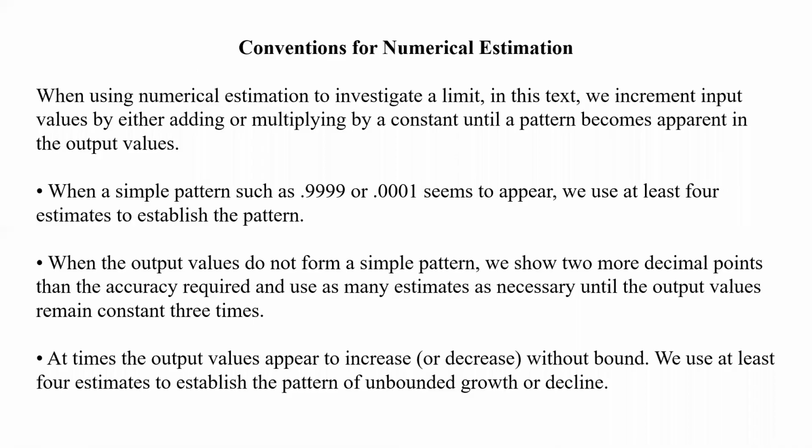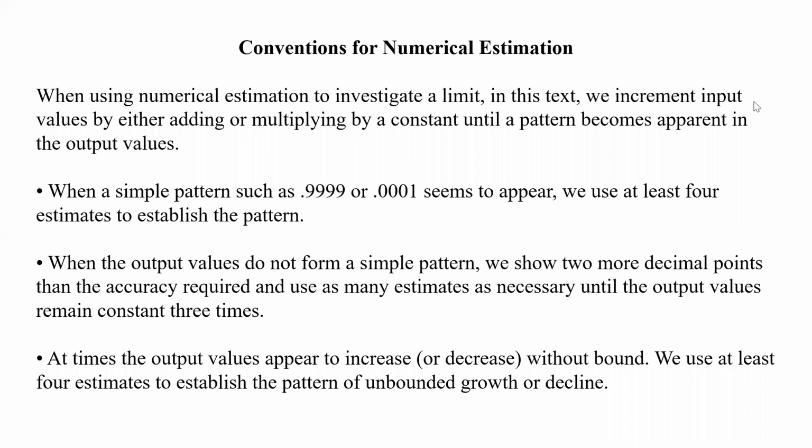All right, so with this book, we have some conventions for numerical estimation. When we're estimating things, we have some conventions we're supposed to follow. When we're using a numerical estimation to investigate a limit, what it goes to, in this text, we're going to increment input values by either adding or multiplying by a constant until we see a pattern apparent in the output values, okay? So in a simple pattern such as .999 or .0001 appear,